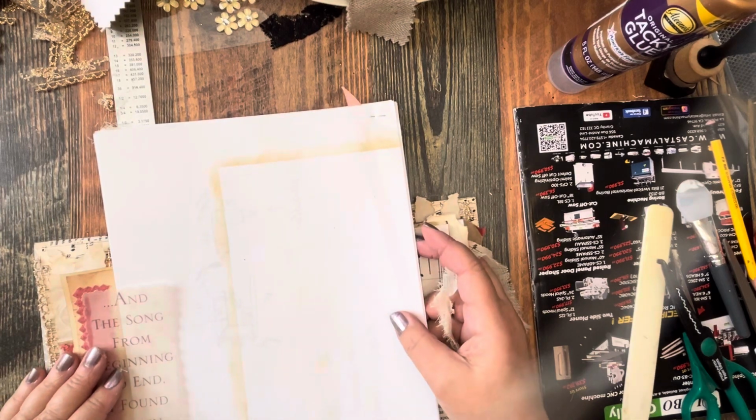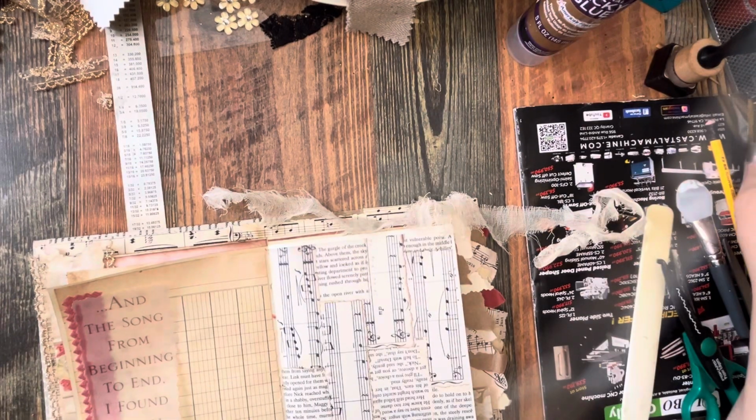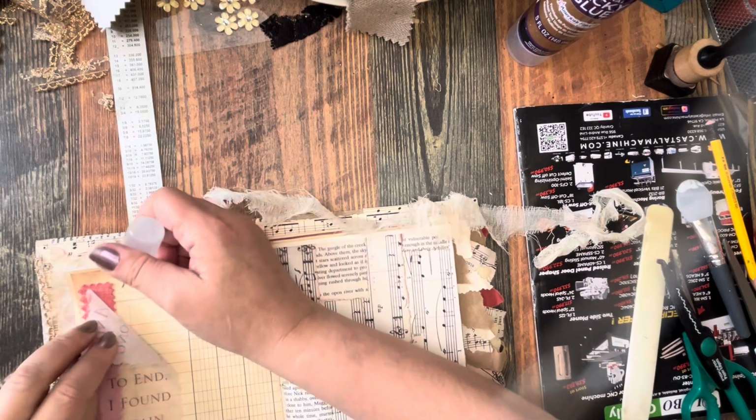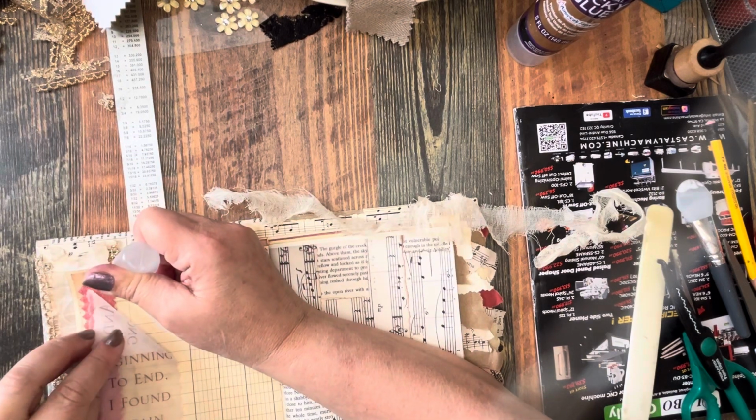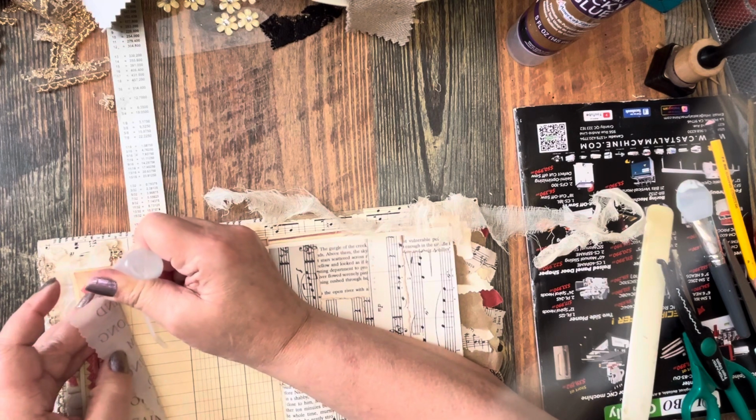Okay, no, I want to glue this down, don't I? So I don't want to protect that from itself. I think this is going to have to be the tacky. No, I think I better do the clear. I'll just put a fair bit of it. I'll put it on